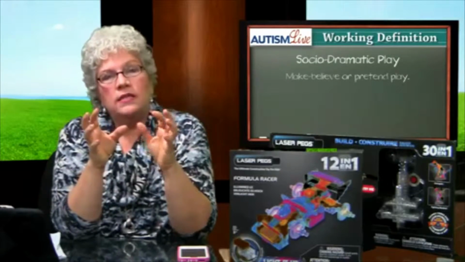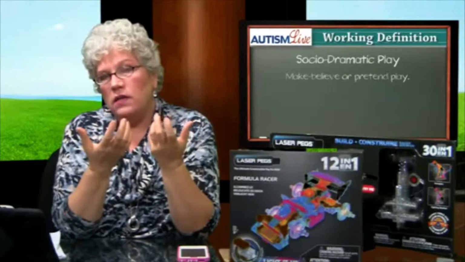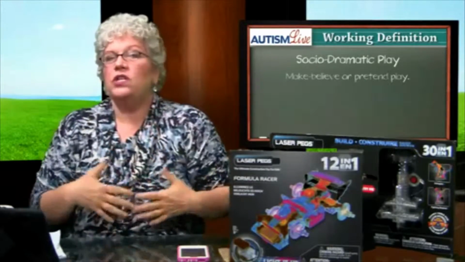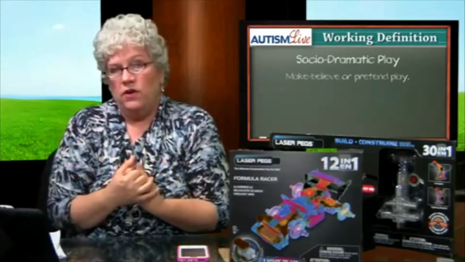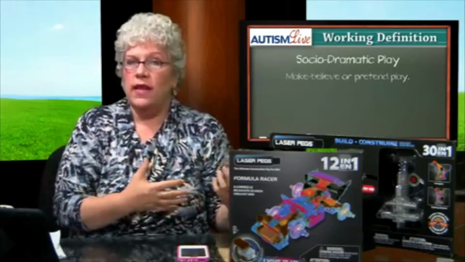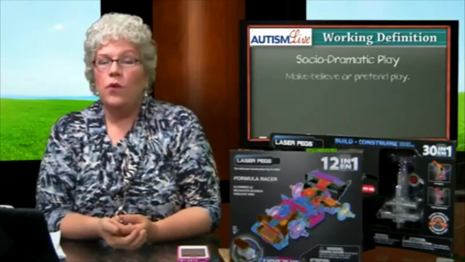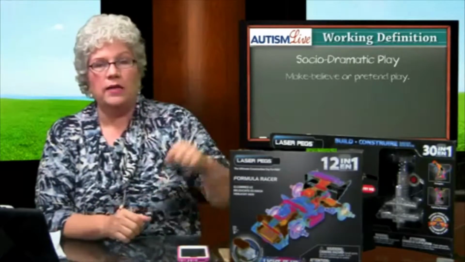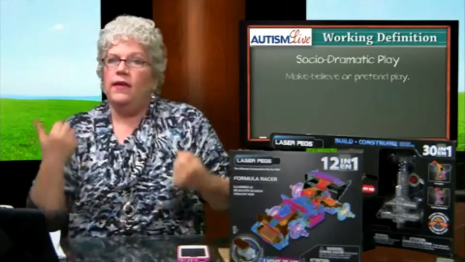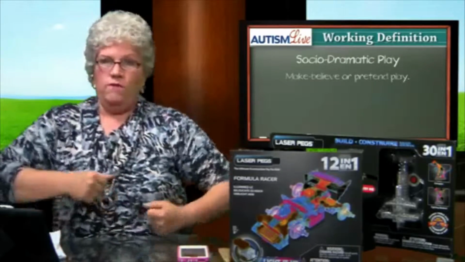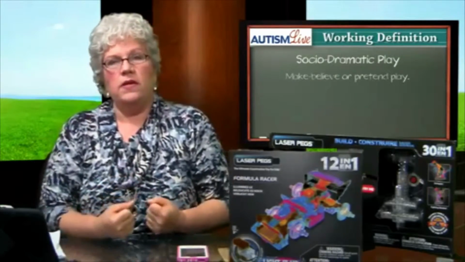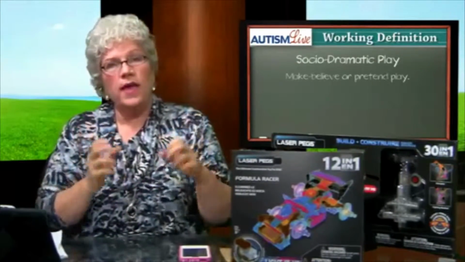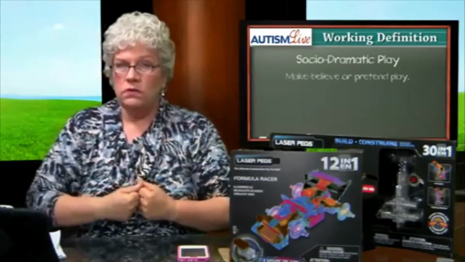Okay, so then we have the socio-dramatic play. That's the mortar. This is when we're encouraging our individuals, and I don't want to say just children, but we certainly want to start with small children, encouraging them to take on the personal characteristics of someone else. Now, we can do this in lots of different ways. We can do costumes. If you ever go to a really good preschool or a good kindergarten, they've got a box of old Halloween costumes, and the kids put on the fireman costume, and they're the fireman, and they talk like a fireman. And then they put on the police uniform, and then they put on the princess uniform or the king. Now, you can do that with costumes, right?